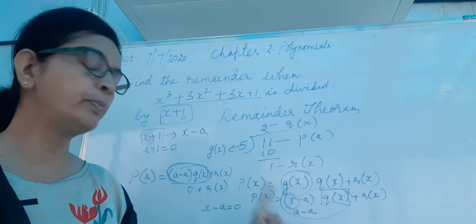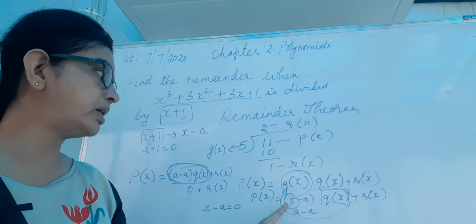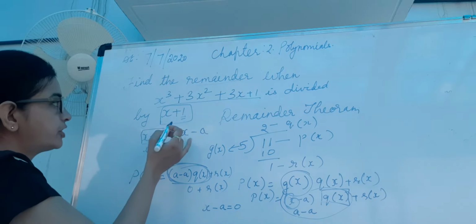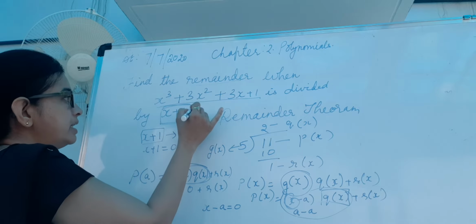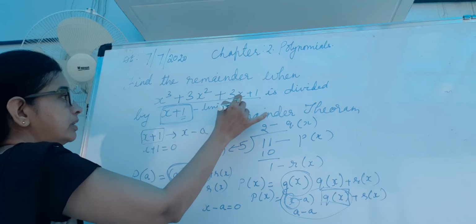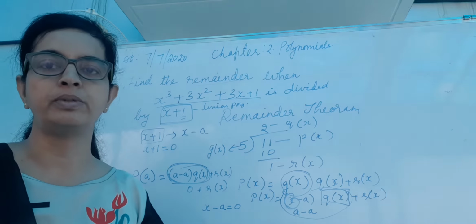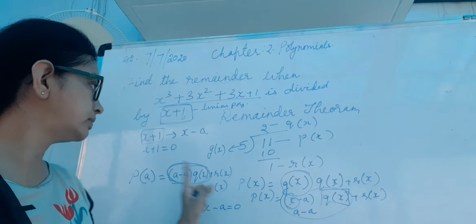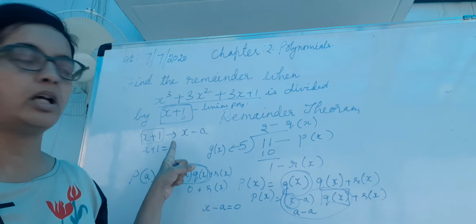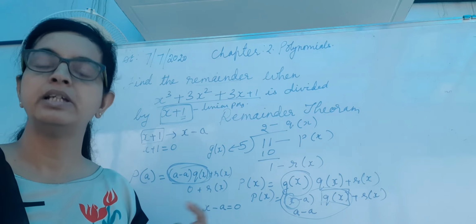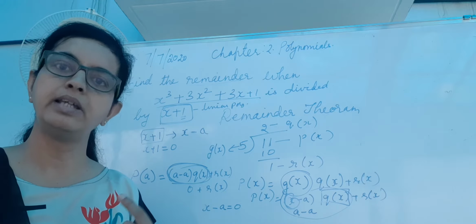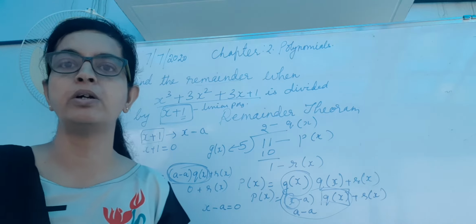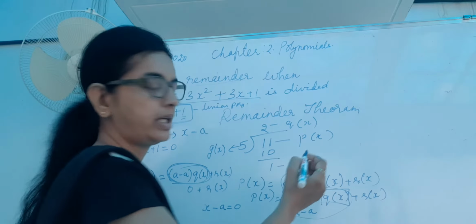One more important thing that you should remember is that x minus a is a linear polynomial. So in this kind of sums, the divisor must be a linear polynomial. Now you will ask why it should be a linear polynomial. What is so specific about it? If g(x) is the divisor, and g(x) is a linear polynomial, then the remainder will always be a constant term. Why? Because the degree of